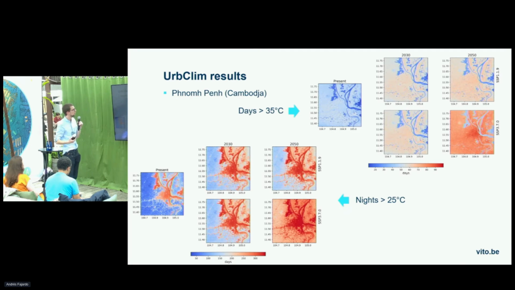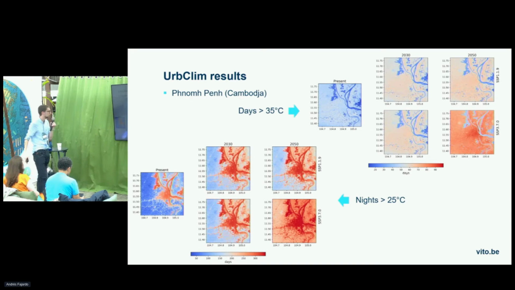But if we go to the future, you can see two scenarios that are listed here. The top one is a scenario of the Paris Agreement, so the 1.5 degree maximum heating. And 370 is the present commitments, so up to 3 degrees warming. You can see considerable differences depending on the pathway that we will choose in the number of days that will go above 35 degrees. And it goes without saying that this is a huge impact on the people that are living in the city.